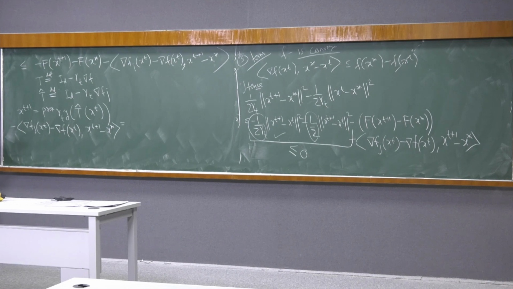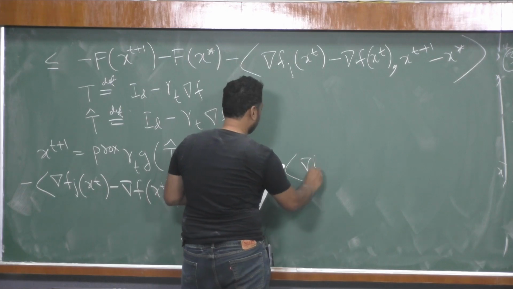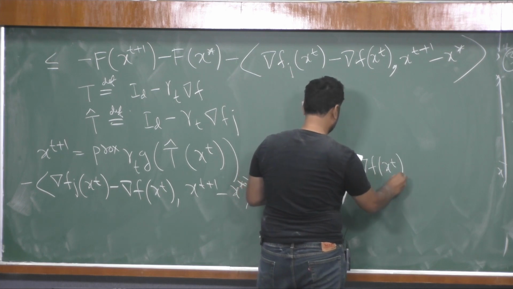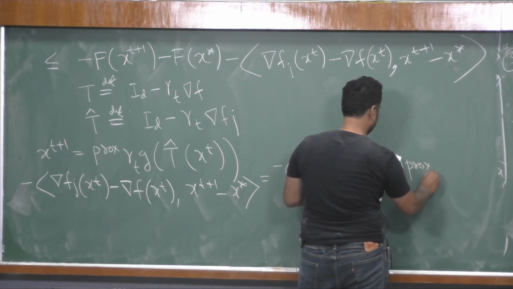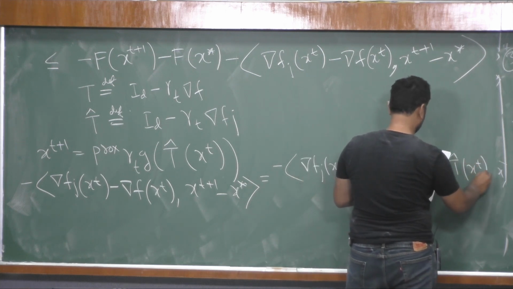That's fine. Basically we do that as one step, and we also add and subtract the proximal of T x_t as an additional term. That will later help us, since this is non-expansive and so on. So we do this as these two things now: minus grad f_j(x_t) minus grad f(x_t), and then the proximal of gamma_t g, T hat x_t, and then